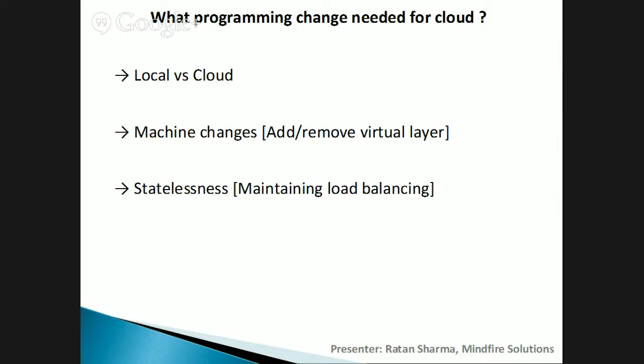We create an object out of it and use it, and in the next call we expect it to go to the same server and use the same object. Our application is designed like this right now, since it is not on the cloud, so it works fine. But in the cloud, when it gets onto multiple computers, the same object will definitely not be there in every place. So your application has to take care that it does not need the same object or the same references each time it makes a call. The application should be independent of that.